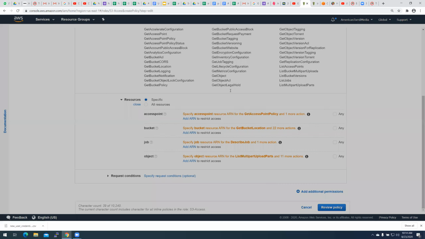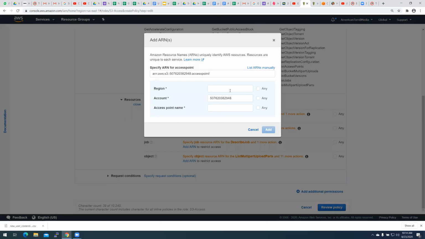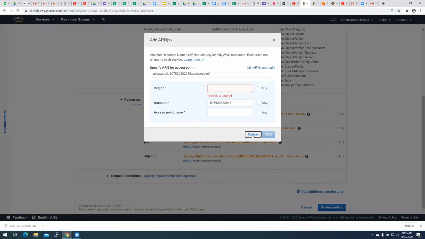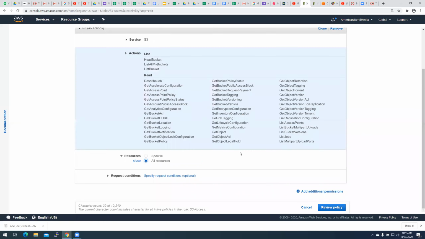ARN is Amazon Resource Name, which identifies a specific resource in that AWS account. It is a unique identifier, and you can enter that, or you can simply say all the resources for the sake of simplicity.